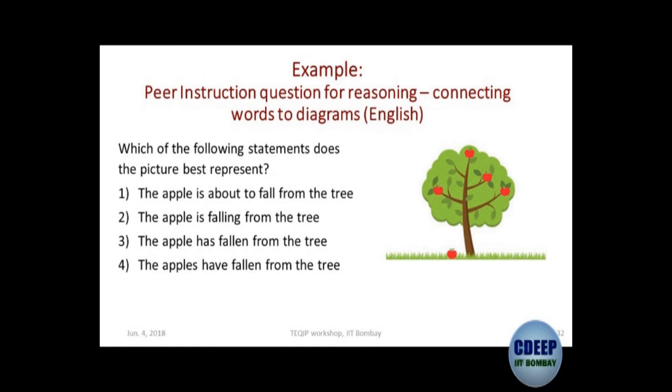Single and plural at an application level. Not simply memorizing rules. Singular and plural also. Look at choice 4. So present tense, both. Tense is also there, and singular and plural both are there. Are there differences in articles here? No, all 4 have the same articles. But there is a difference in the tense, and there's a difference in singular versus plural. So, how to construct a statement for this figure?